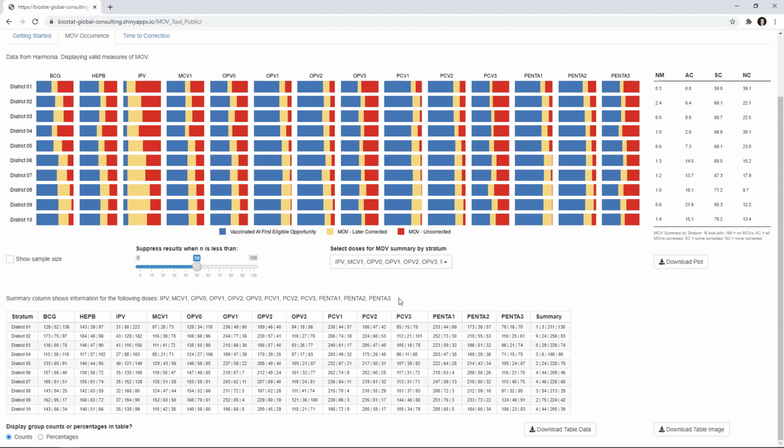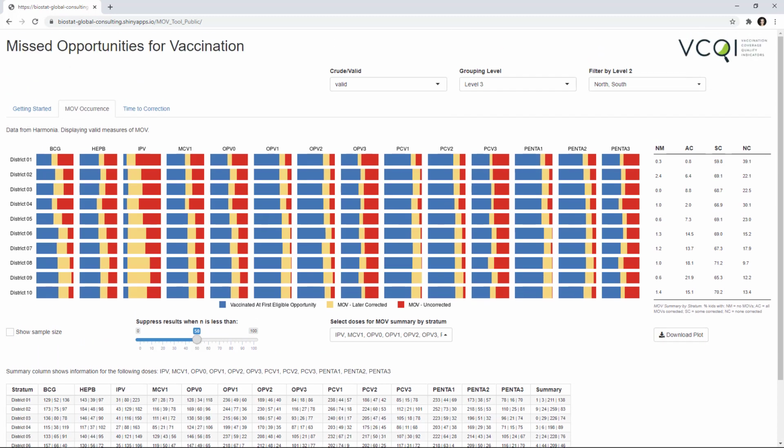column calculations. Users can download the data in this table as an Excel spreadsheet using the Download Table Data button, and they can download an image of the table with the Download Table Image button. And this graphical output above can be downloaded with the Download Plot button. Any of the options that are selected in the interface will be reflected in the downloads. Scrolling back up to the controls at the top of the application.